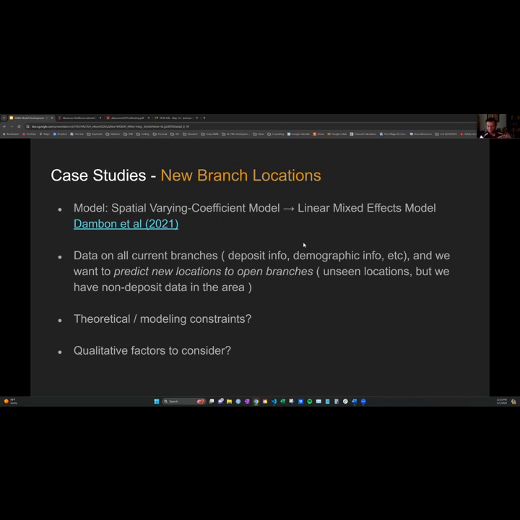JASA typically has very novel methods that don't exist, not typically extensions. So if we're doing fraud detection, for example, and want the latest and greatest method, we might look at JASA. But if we're doing marketing, we might look to a more applied journal or a conference proceeding, some sort of machine learning venue, because those are typically more applied in nature.